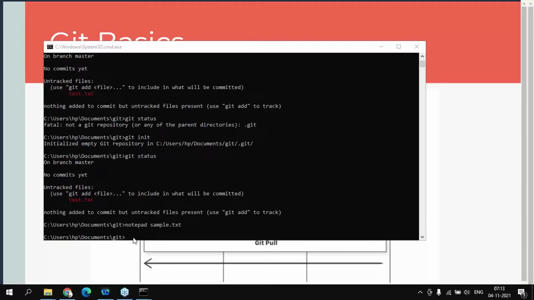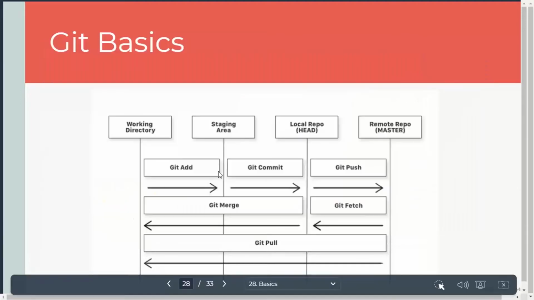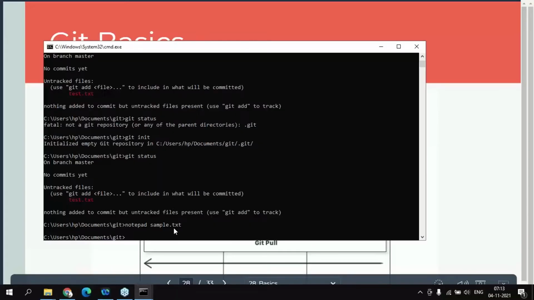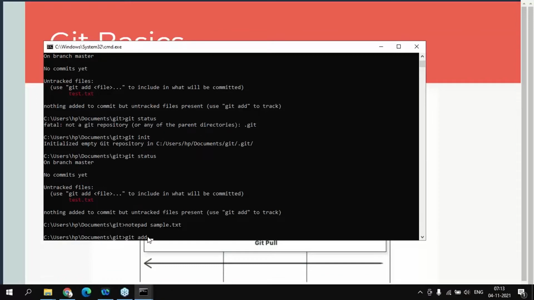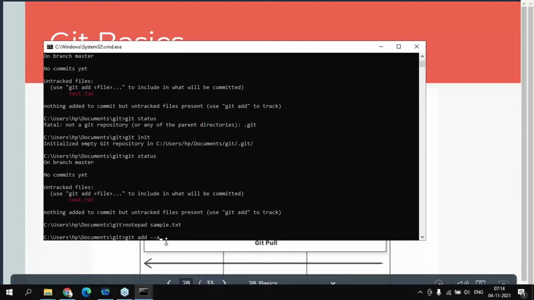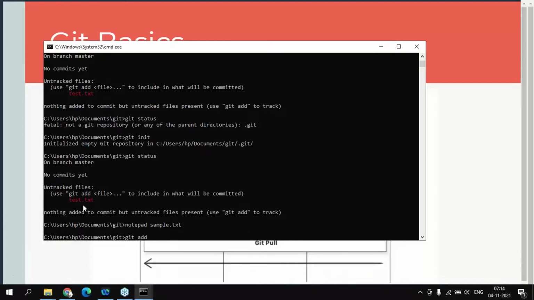Okay, the next one. Currently we have added some changes, so the next step is to move them to the staging area. In this case, I'm going to run the git add command. For example, git add, you can give the dot symbol or hyphen all, so that it will stage all the changes from the working directory to the staging area. Otherwise, if you want to stage only a specific file,